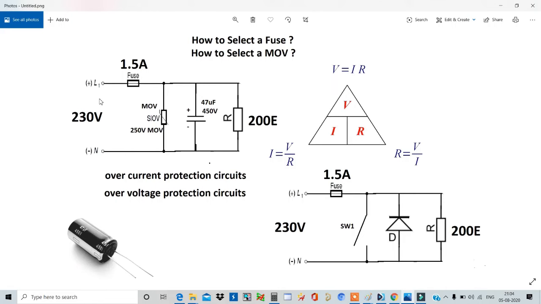So have you seen the video? I gave more than 250 volts to this circuit and the MOV went bad. It means it's gone bad, it's melted. So plus and minus automatically close and more current flows through the fuse, and the fuse gets damaged and your circuit is saved because of the fuse. The fuse has gone bad, which means the voltage will never go to your circuit.